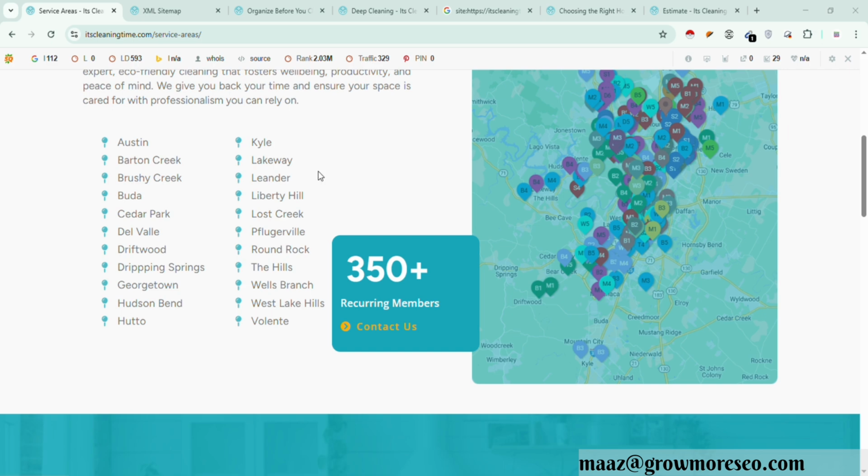Their second competitor is Molly Maid, which has 2.3k traffic for only the Austin area, but they are covering almost the whole US. So they are not our main competitor. Our main competitor is Sparkly Maid Austin, and if we work better on the rankings, we will easily beat everyone. So a proper strategy is needed. Proper time should be given for SEO. Both your site and Google Map will rank.